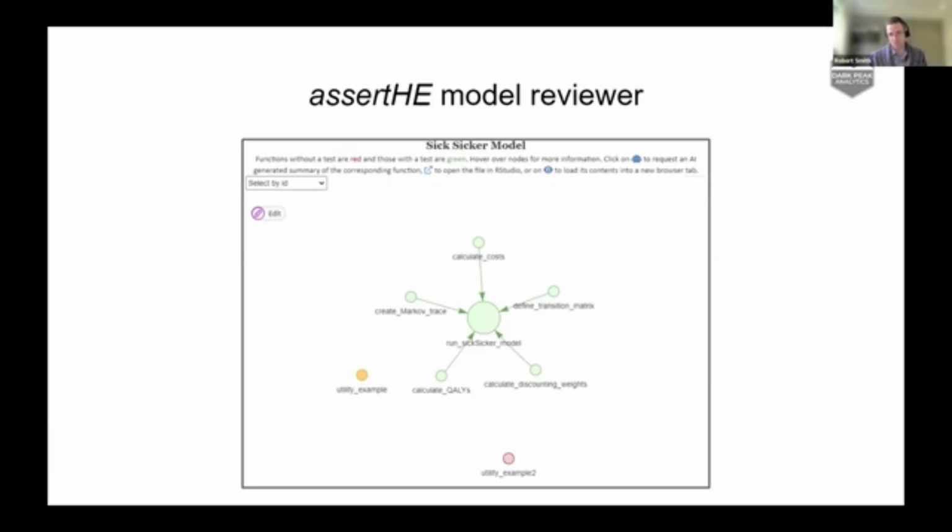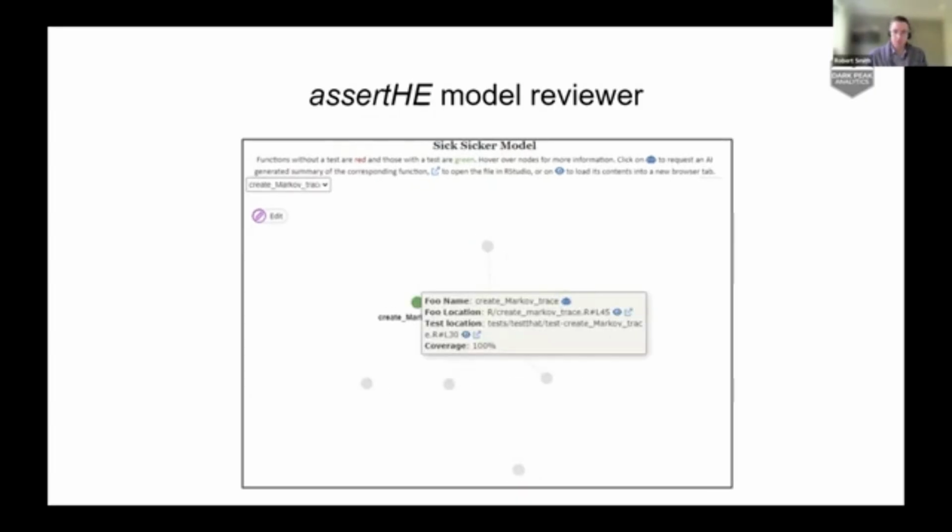But I'll go through later some production-ready models that have been used by NICE, for example. And so what can you see? When you click on one of these nodes, you can see the name of the algorithm or the function, where that function is located within the code base, where any corresponding tests are located, and also the code coverage associated with